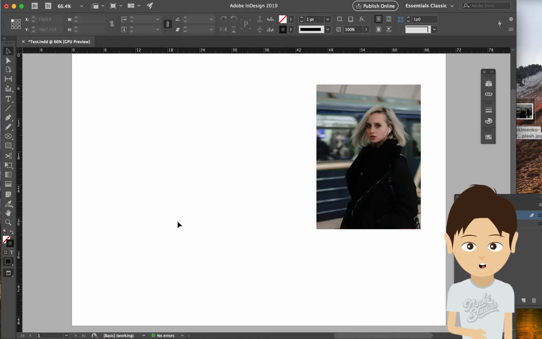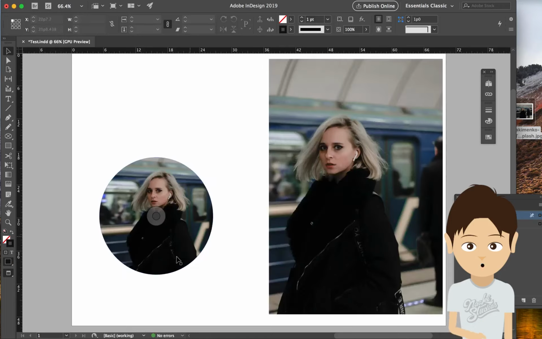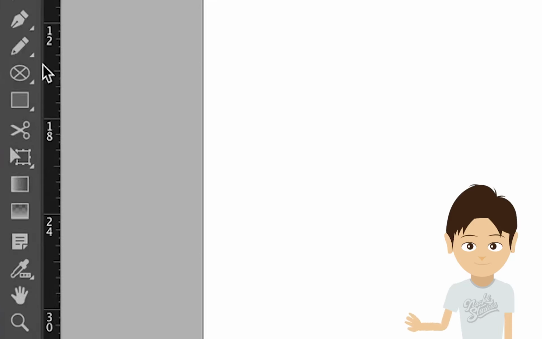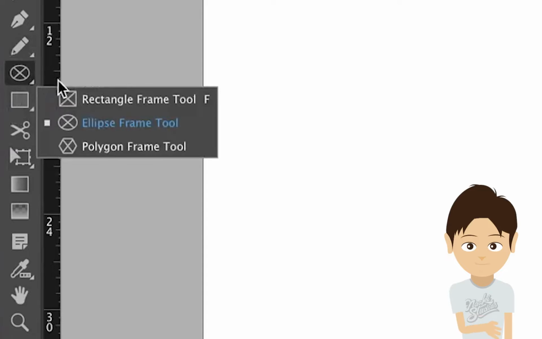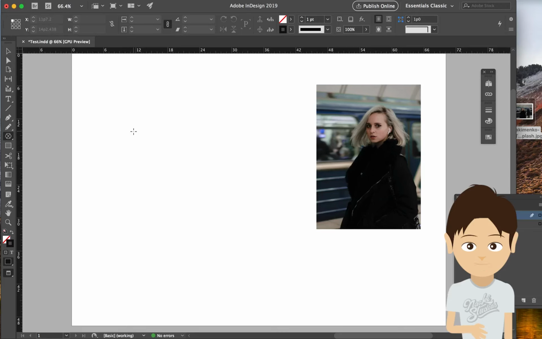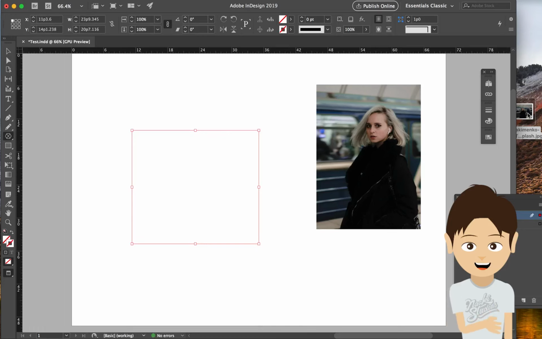Lastly, I want to show you how to apply the image into a unique shape like this. If you come to the sidebar again, in the middle of the sidebar, it says Frame Tool. If you click and hold the Frame Tool, you can see multiple options here. This time I select the Ellipse tool or the Polygon tool. I select the Polygon tool, drag over and create this polygon, then I bring this image